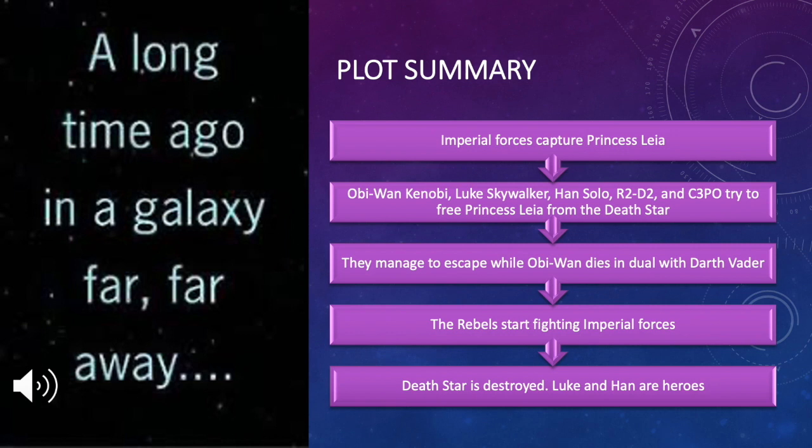First, let's start off with a quick plot summary of what happens in the film. The movie starts off with an Imperial Star Destroyer attacking a rebel convoy because they're searching for stolen plans that could lead to the demise of the Death Star. Before the Imperial troops are able to capture her, Princess Leia is able to hide the stolen plans inside a droid named R2-D2. R2-D2 and another droid, C-3PO, are able to escape and land on a desert planet where they